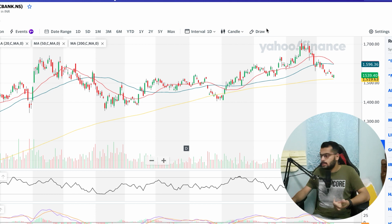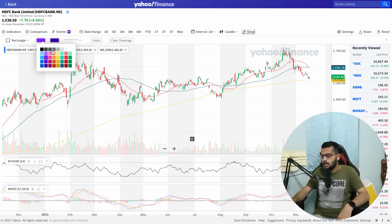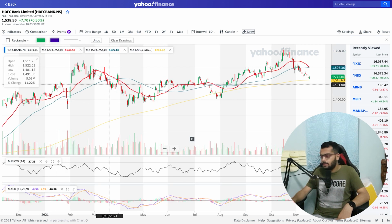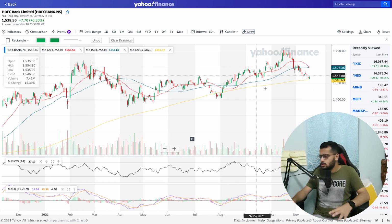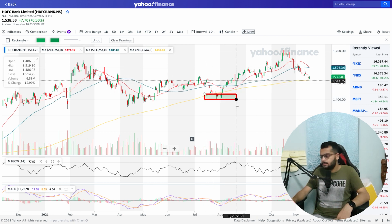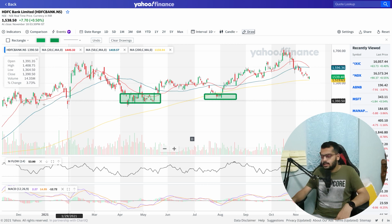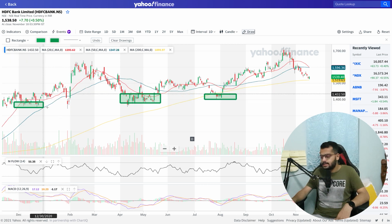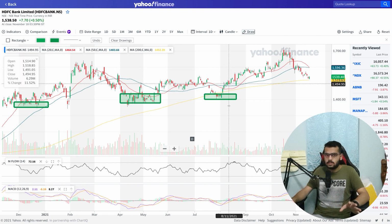So let's mark the support and resistance zone, and maybe then we'll talk about where to buy and all those stuff, right? So since support zone, I prefer green, I'll choose green, right? So the first support zone that I see over here is obviously this one, right? A very small support zone. Again, you can see this also lies on the same level. It's a support zone. This is a support zone. So basically it proves that this particular range, this 1400 part, is a very strong support zone,